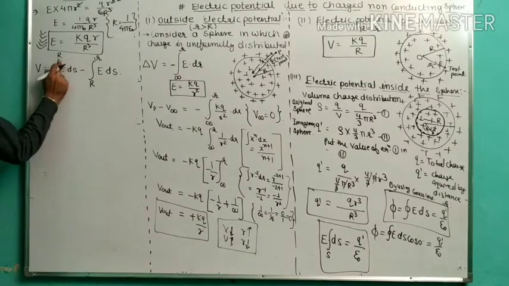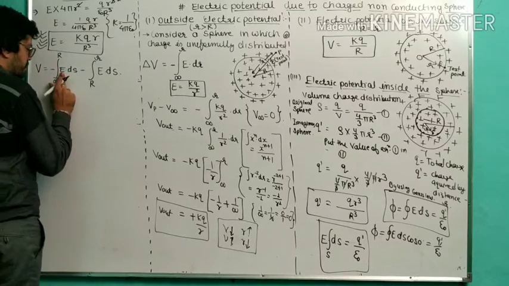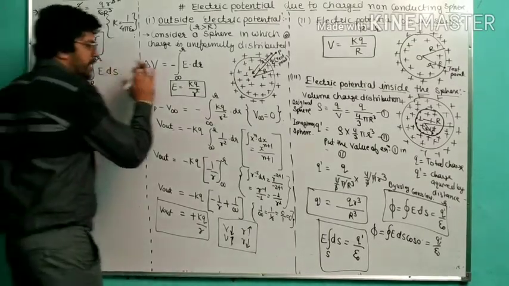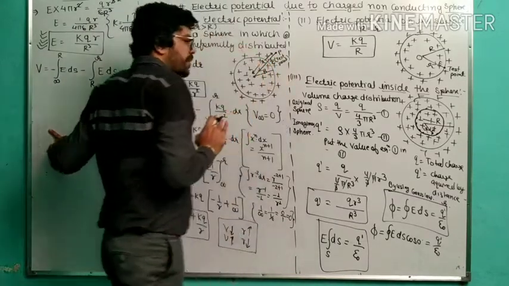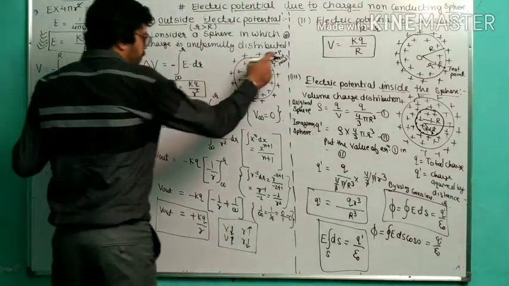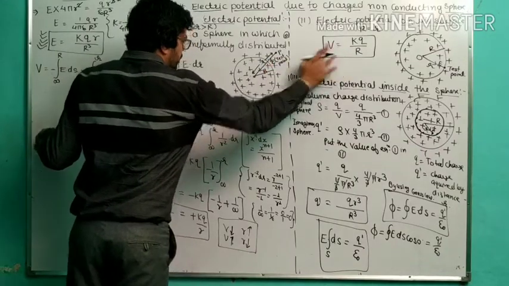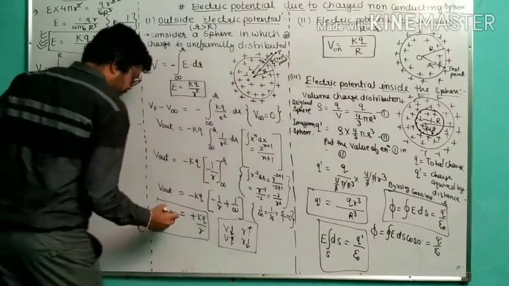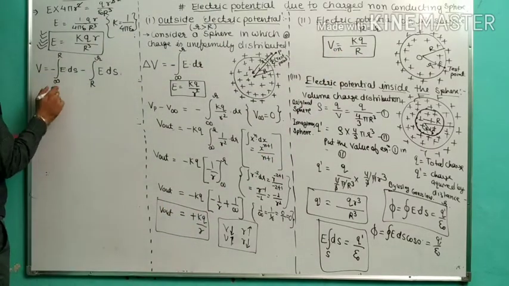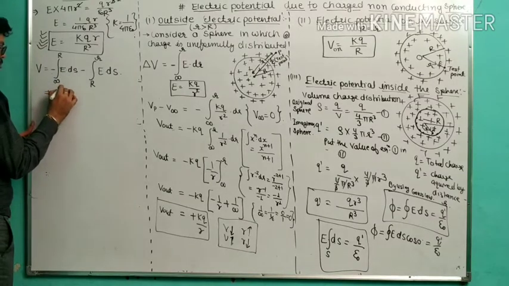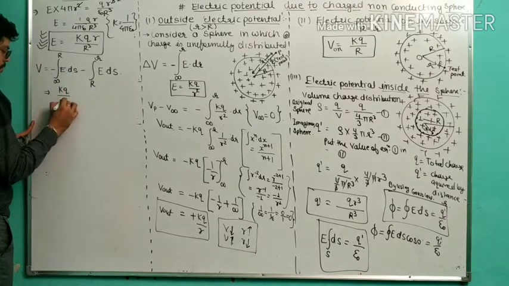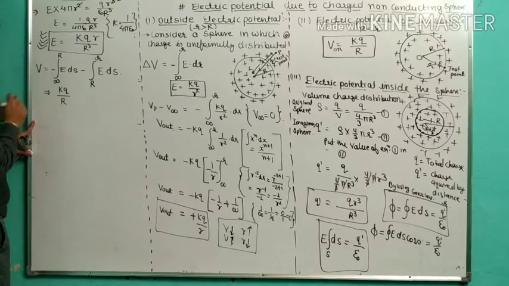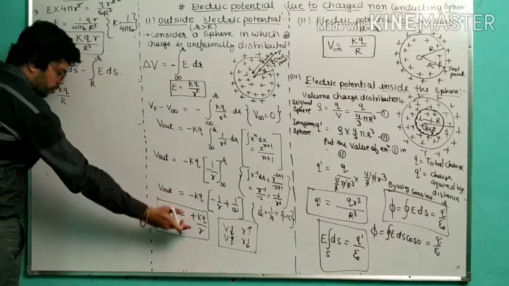The value of the integral from infinity to R of E dot ds we can determine, because here the electric field is E equal to kq upon R, because we are bringing the charge from infinity to the surface of this sphere. So the value is V on, and this is V out. Okay, so it is equal to V on. So we are putting here E equals kq upon R square. Sorry, kq upon capital R. So the first integral we already solved, with the whole derivation.